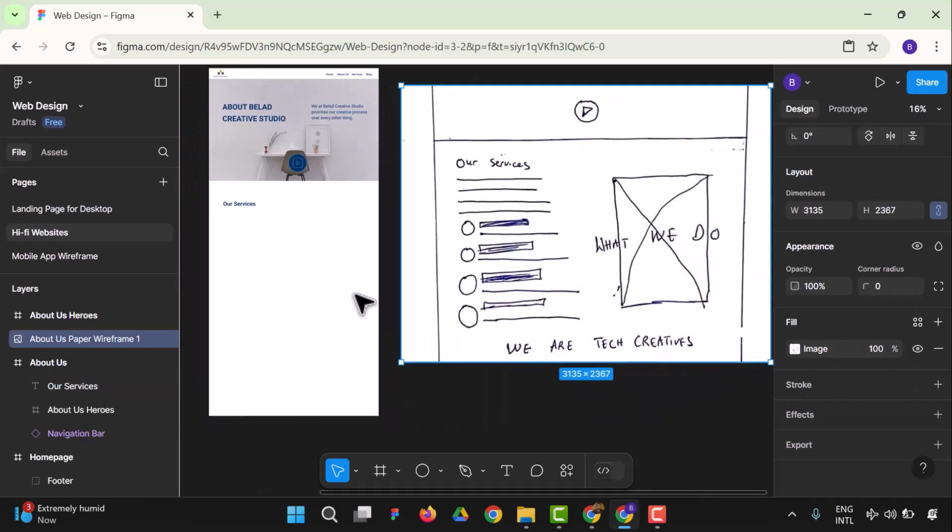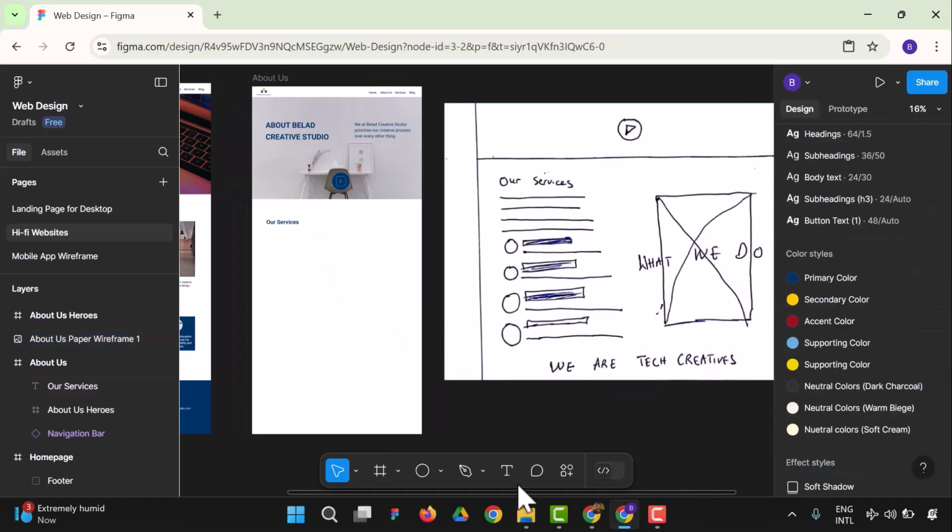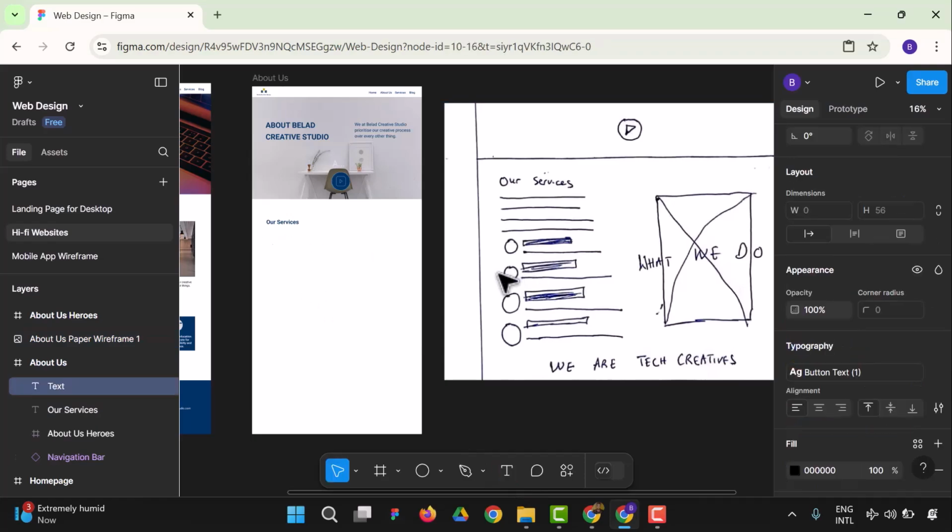So the next thing we want to do is see our service design. So we're going to have this design right now. So let's have a text again. So there will be a text beneath this, of course, as you could see there will be a body text. So right now all I have to do